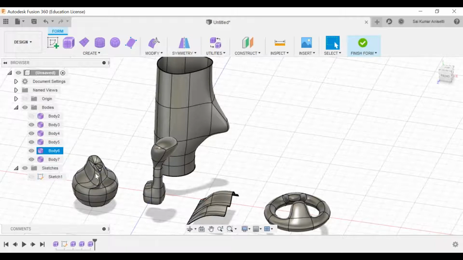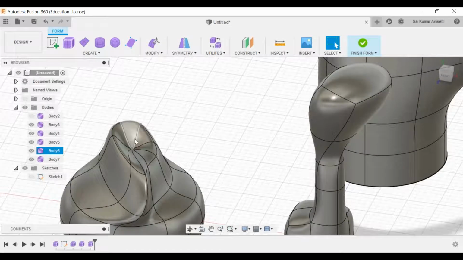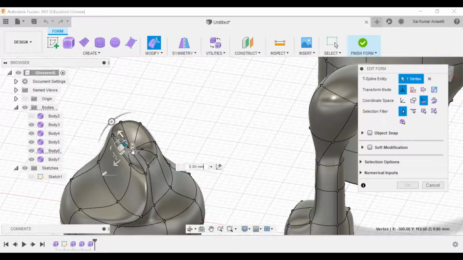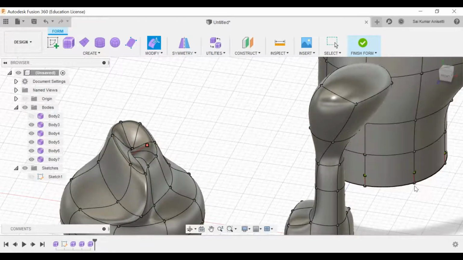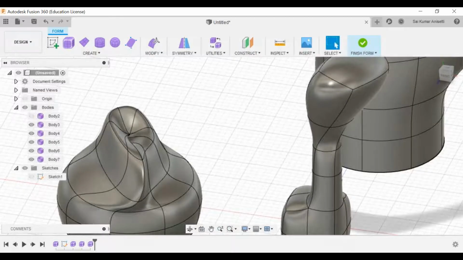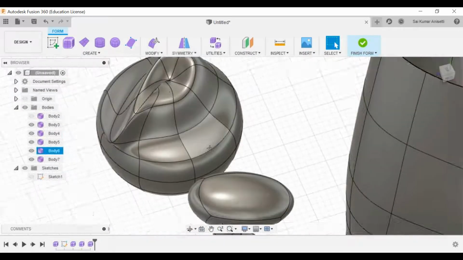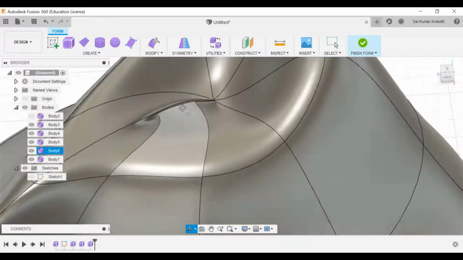If there is an error, I'll modify this one. Wantedly I'm doing this to show that. So I'm throwing this. I'm just making this somewhere. Now this cannot be turned into a solid one because faces are actually merging.